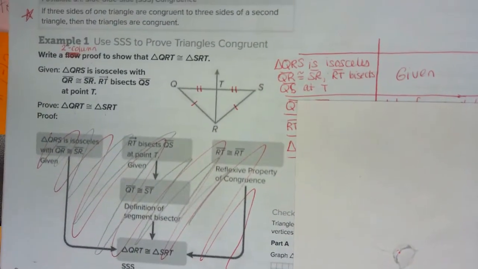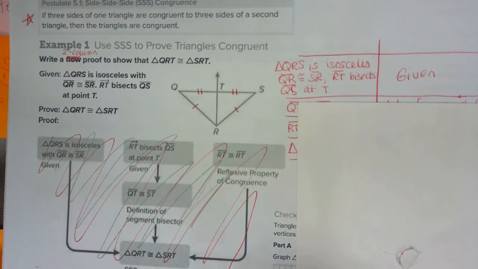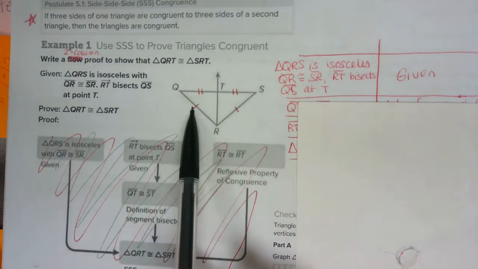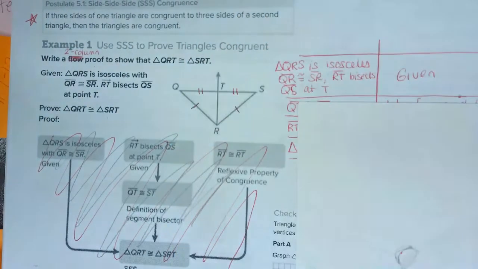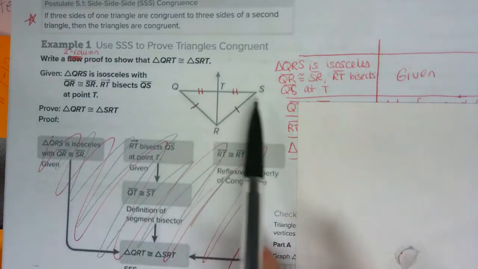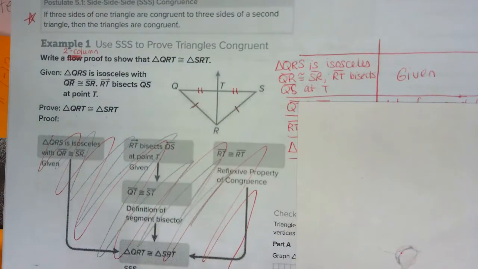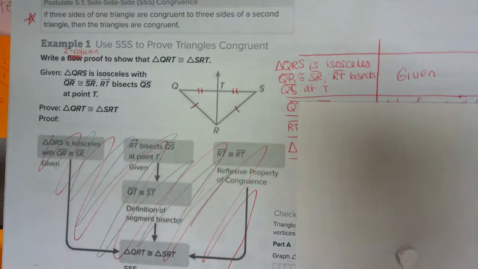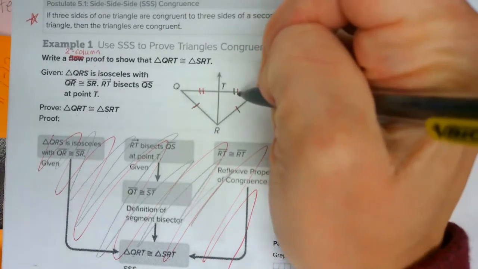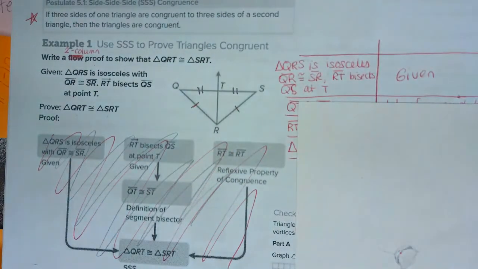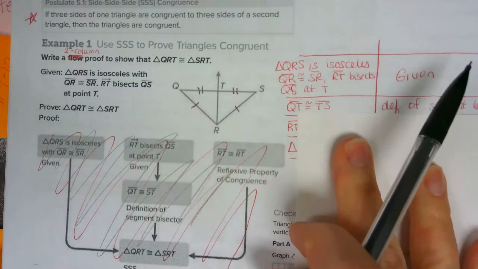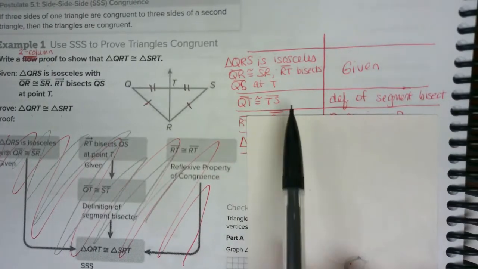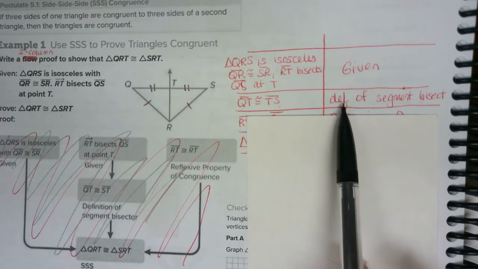So then my next step is I want to make sure all of the stuff they gave me is marked in my picture. So QR is congruent to SR. I went ahead and marked that with one tick mark. Then it said that RT is bisecting QS. That originally was not marked. And so therefore, if it's bisecting, I know it's cutting it in half, and so these two halves are equal in length. So since I am marking that in my picture, it now needs to be said in my proof. So that is why I am writing QT is congruent to TS,